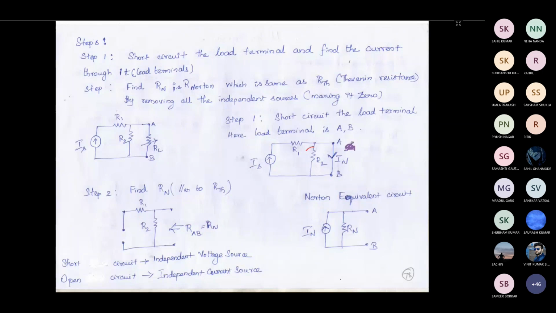So we have found the short circuited current. How have we found it? The short circuited current should be obtained across the terminals A and B by short circuiting the load terminals. This is the load terminals. We have short circuited it and obtained the current flowing through that path. Then this is the final Norton equivalent circuit, whichever we need. The current we obtained from the short circuit is IN. Then RN is the Norton equivalent resistance value. So this is the Norton theorem. Let us see a problem based on this.